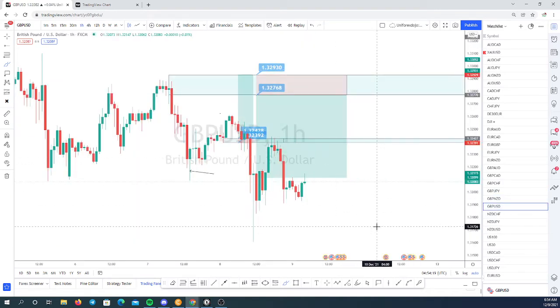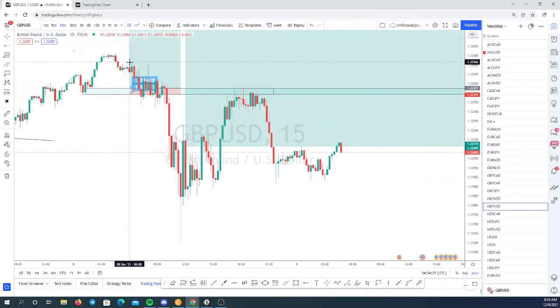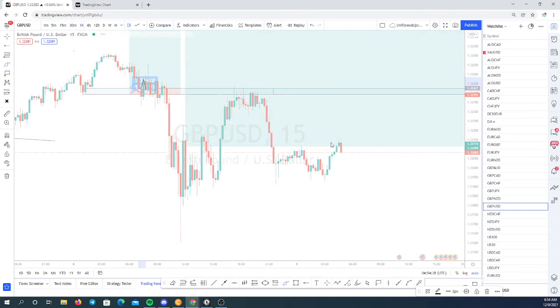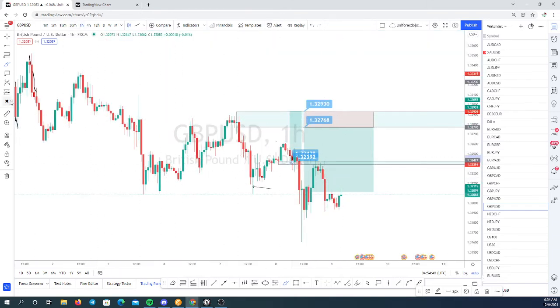GU, how's GU looking? I think this went against us, this setup here, because it came in completely, triggered this buy here, went out, 1 hour break even. So yeah, definitely either played against us or break even. That's definitely not a win setup, so I'll just mark it as a loss just to be on the safe side. Okay,